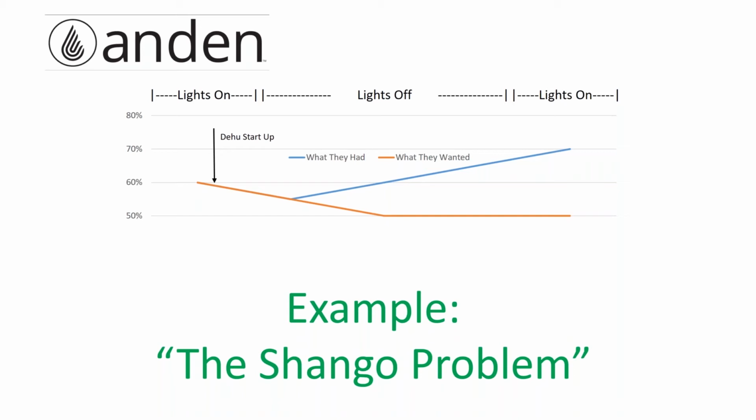What would happen, though, is the lights turned off, their dehumidifiers, even though the math said they should keep up, were never capable of keeping up. Not only did they not keep up with the humidity in the room, but the humidity in the room wildly outpaced what those dehumidifiers were capable of doing. Well, through industry connections, they finally invited the Anden team and our engineers out to their facility in order to see if we could help them solve that problem.